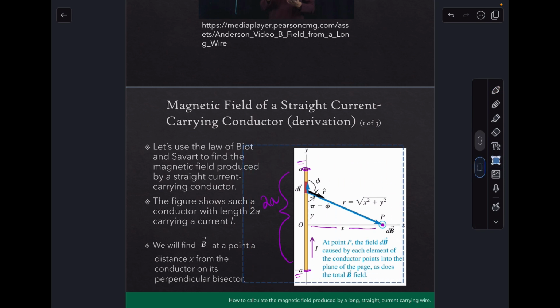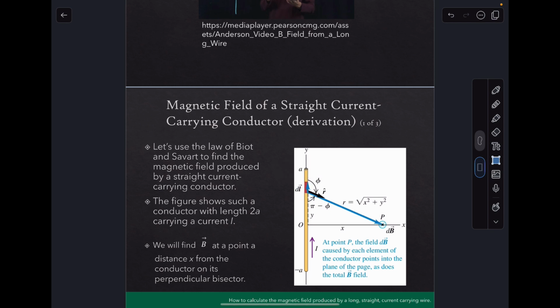And so you're going to find this eerily familiar to when we found the total electric field due to a segment of charge, a linear segment of charge. Well, now, instead of a linear segment of charge, we have a linear piece of wire with current I flowing through it. And so the first thing we're going to do is find the infinitesimally small bit of magnetic field due to that infinitesimally small piece of current,